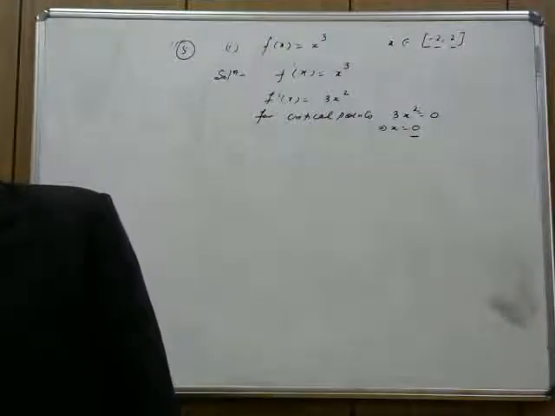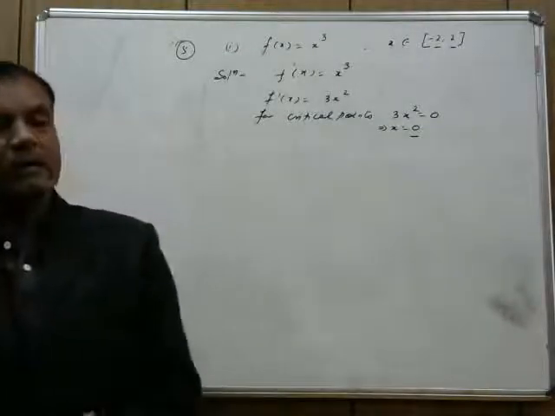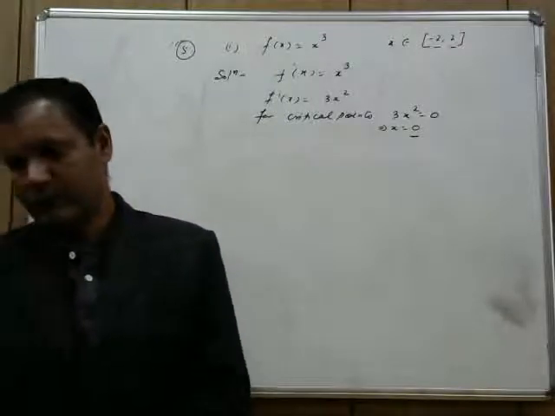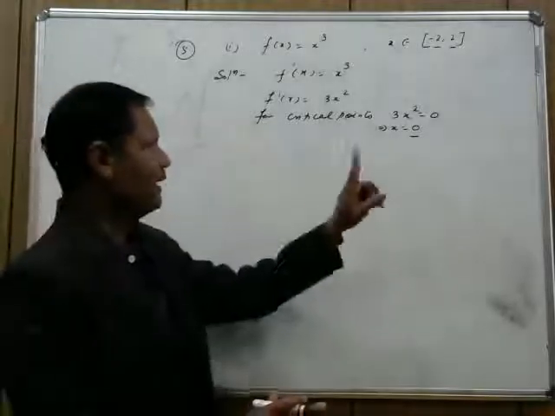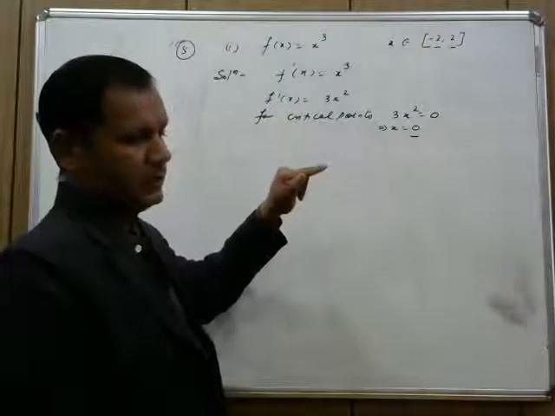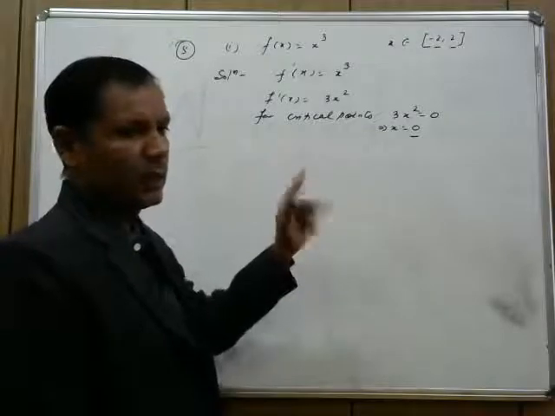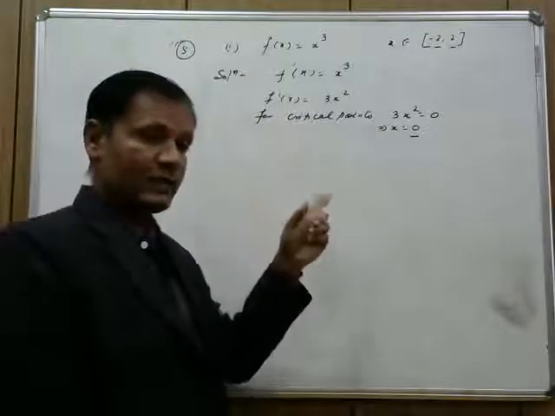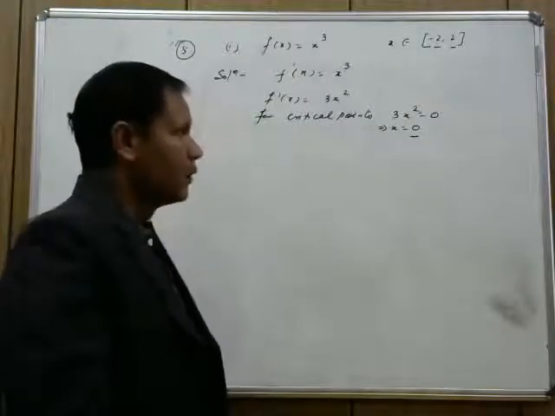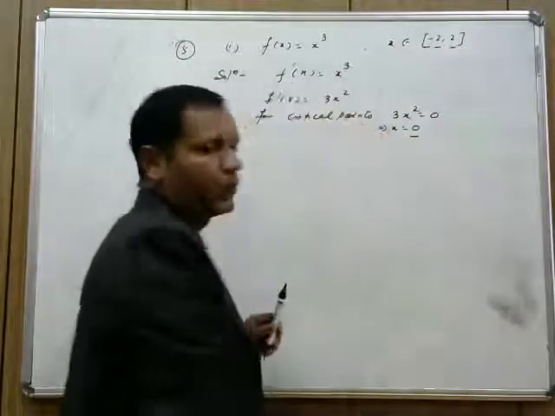Clear? So now for a point of maxima or minima, that critical point we have got is 0. Now we evaluate the value of f. We will not find f double dash of x, no need, because f double dash of x is the point where we check whether it has maxima or minima. But since we have to find the absolute maxima or absolute minima, of course it can lie on 0 or minus 2. That means I have to check at all the points.